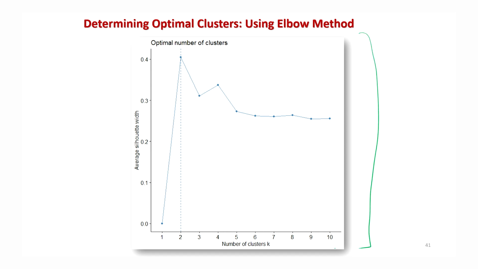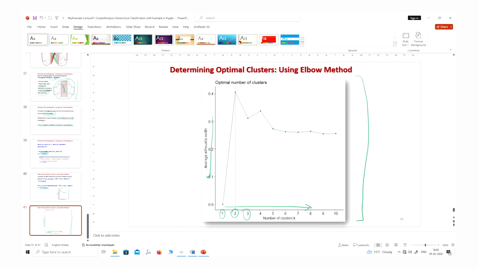Right, so you can see here we have the number of clusters, maybe one cluster, two clusters, three clusters, and then this is the average silhouette width. So this is how you can find the optimal number of clusters. Let me show you these